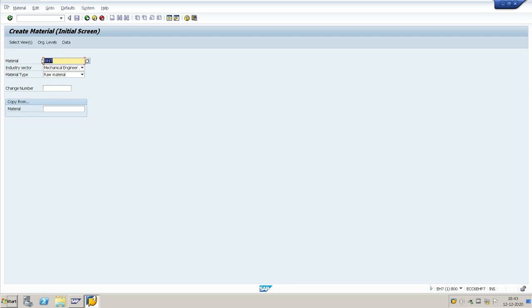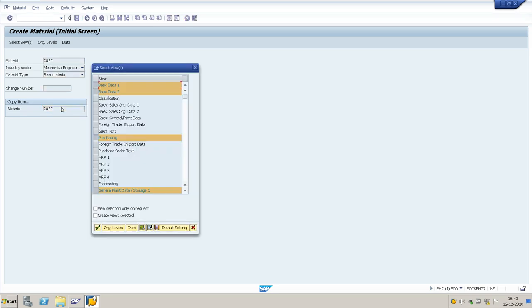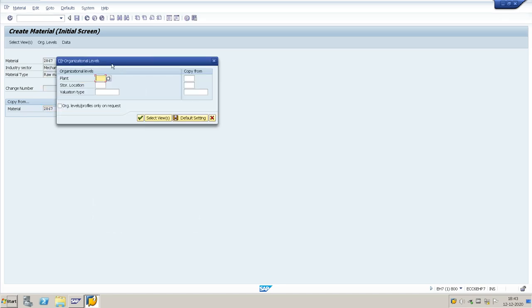The material from also you given same material. So another copy from also same material number. I will give from also same material, copy from material also same material. Data. You see the different screen. So one is for plant storage location for extension from where you copy. So that screen also, that option also showing here.